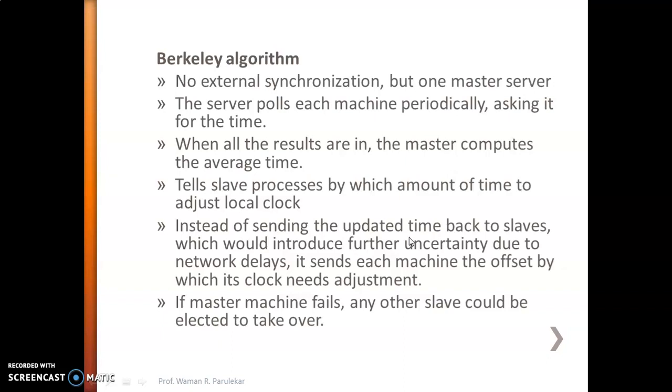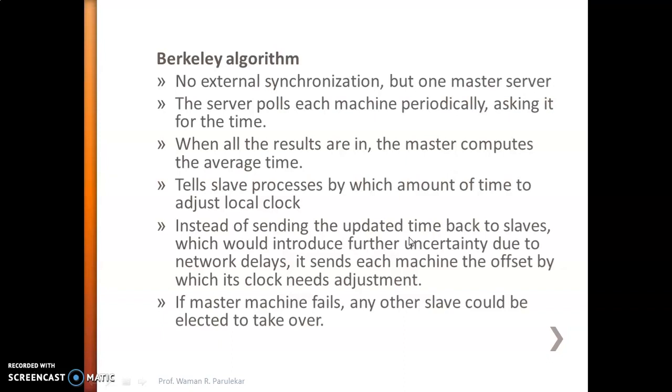What server will do now? Server will calculate the average of all the times. After calculating average time, server will send an offset message to all the slaves to adjust their clock as per the new average time.